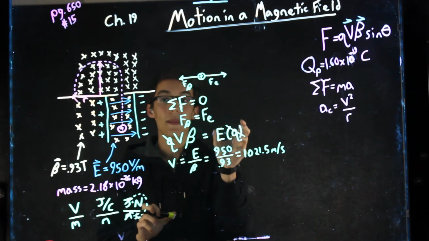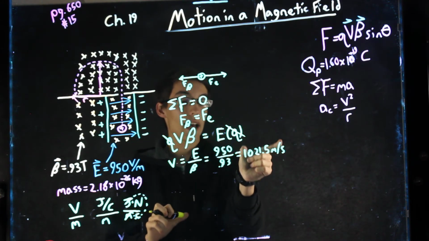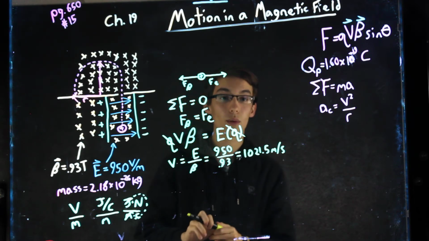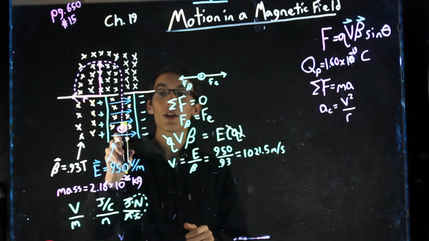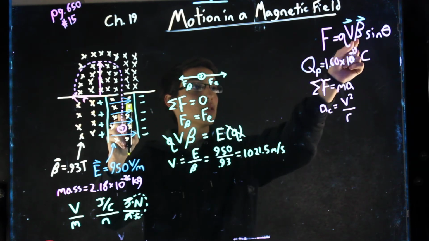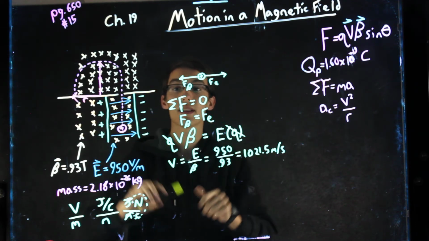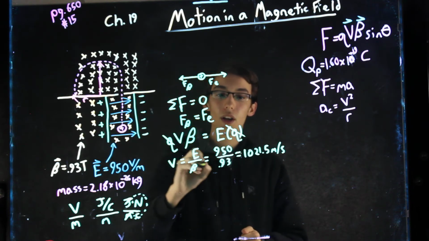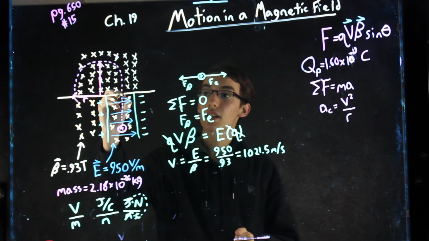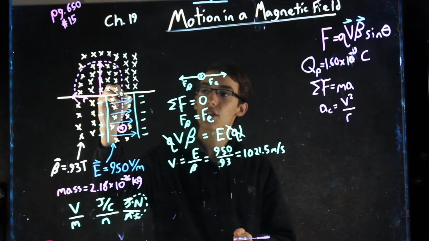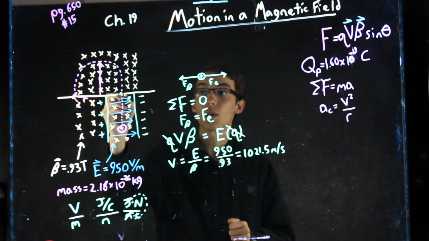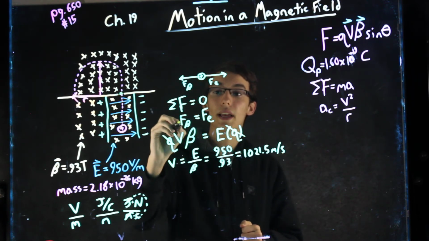So what that means is that this particle must be traveling at exactly, well, we're rounding a little bit, but basically 1021.5 meters per second in order for the magnetic force to be strong enough to cancel out the electric force. That's what's going on. That's why it gets to move in a straight line. So it's going to keep the magnitude of the velocity, and then right when it escapes the electric field, right there, the electric force is going to drop off,